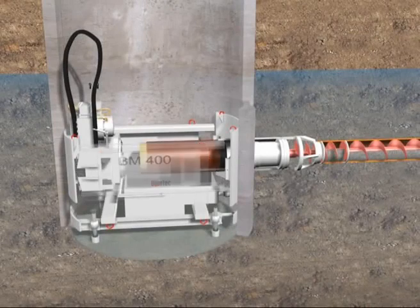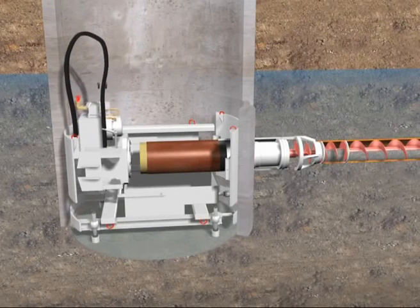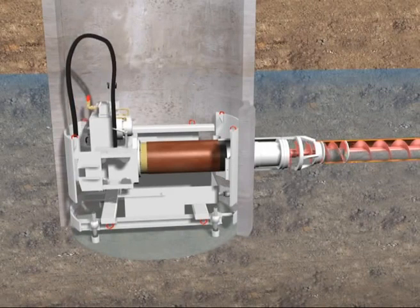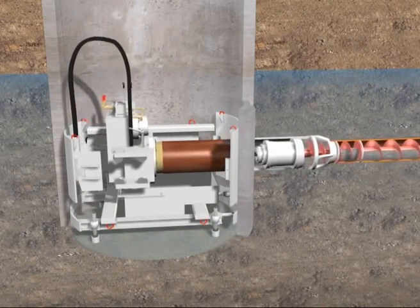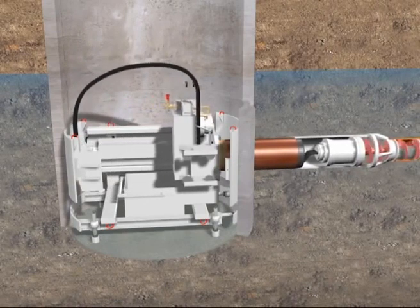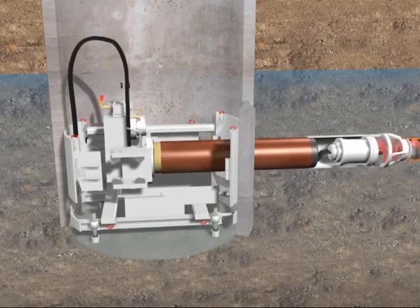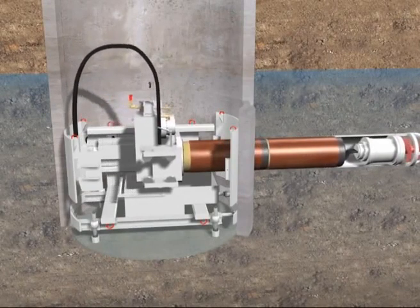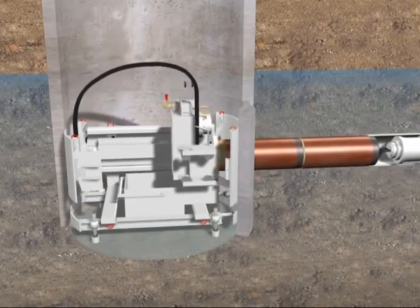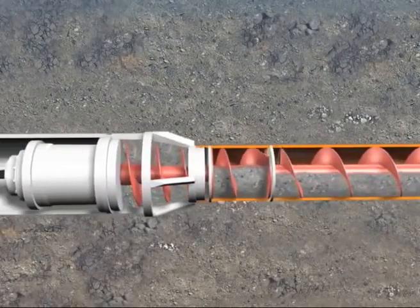If a sewer with a bigger outer diameter is to be installed, a second reamer enlargement is used for the third step. In the launch shaft, a reamer with a direct drive unit is coupled to the last casing. The product pipes are pushed in directly behind the reamer. The drive unit in the reamer is powered through hydraulic lines that are laid through the following product pipes. The ground is excavated with a special cutting head and transported through the